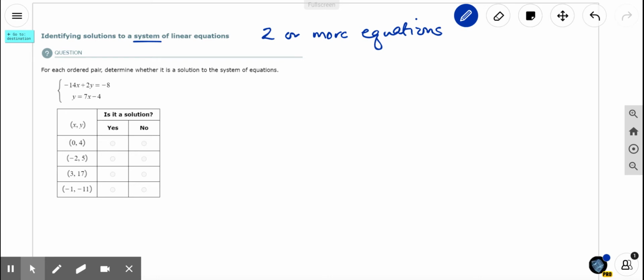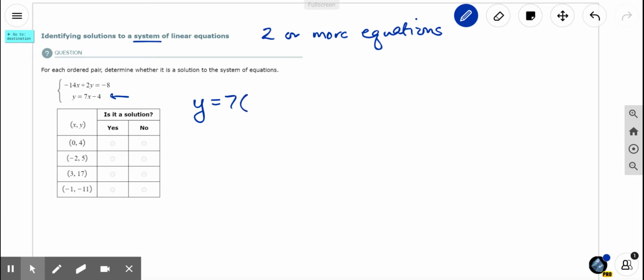Now, what I do personally is I start with the easiest equation. I think number 2 looks like the easiest one, this one right here. I pick the easiest one to plug in, and if this point is a solution, then I check the second one. If it's not, then I move on. Okay, so let's do this. The simplest way to do it